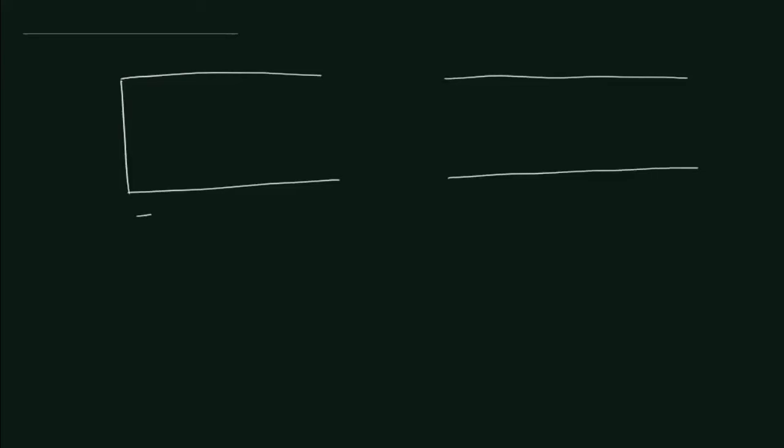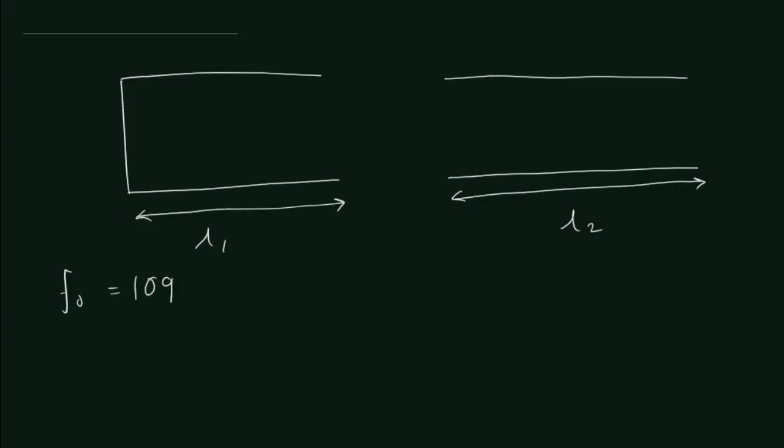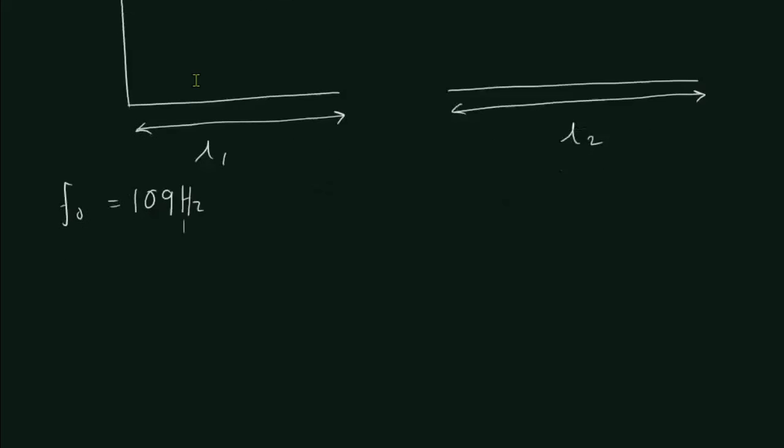So here two tubes are resonating, producing beat frequencies, right? Let's assume this is of length L1, and this is of length L2. They have told that the closed tube has a fundamental frequency of 109 hertz. So if it has a fundamental frequency of 109 hertz, we also know that